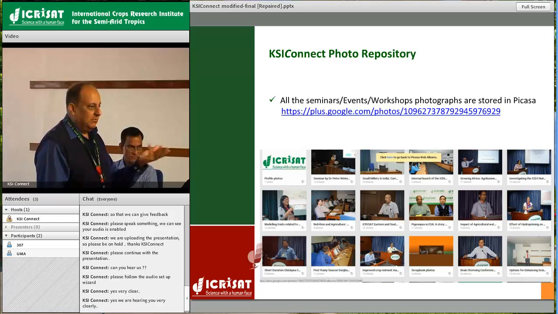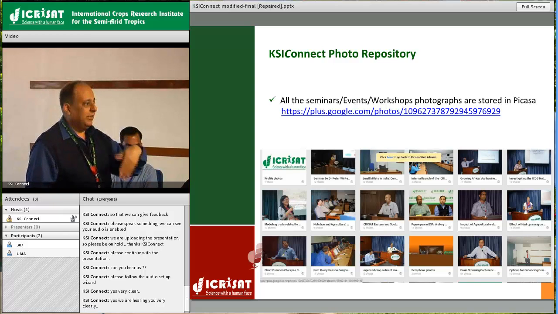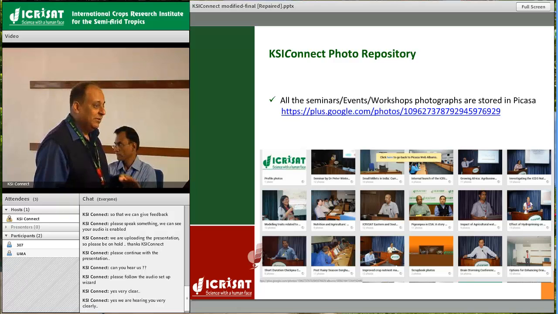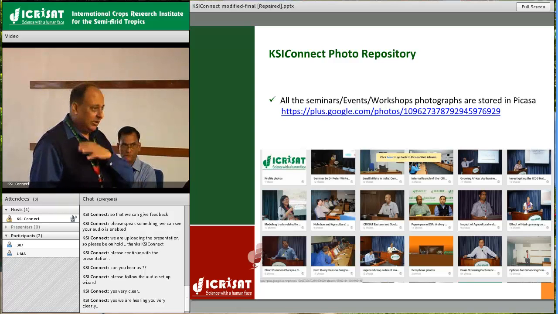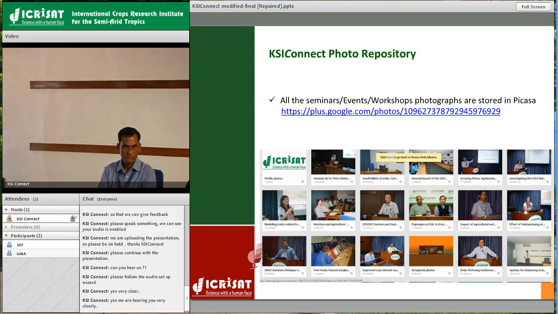So WebEx, some people are using WebEx, Skype can also be used. Now the advantage is, I will not give too much detail because Venkatesh Sharma is here, he will give us good detail about what are the strengths of Adobe Connect and how you can compare with the other platforms. But we have set up a server here which gives us good control, and you have to have a good bandwidth so that when people connect, performance doesn't go down. So these are some of the bottlenecks you have to keep in mind.